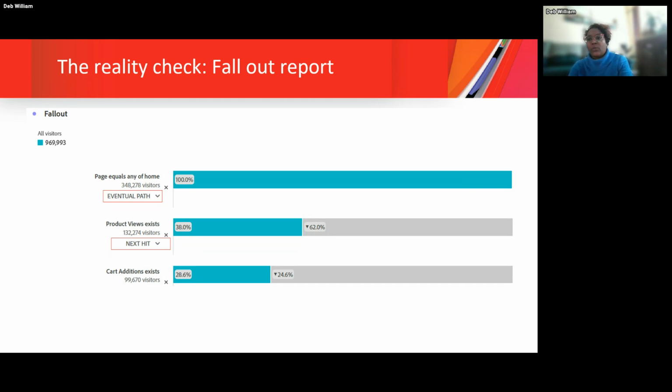Another aspect I would suggest, especially when adding metrics or events to a report for analysis at any level, whether in the trend level or in your fallout report, is to check whether it's tagged before you add it. Many times we use components that are not tagged. They have not inherited analytics from the component that was added into a new template. If you're working with a CMS like AEM, a lot of that is inherited, but sometimes the analytics breaks,